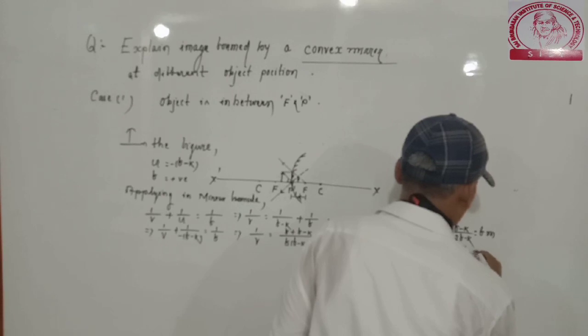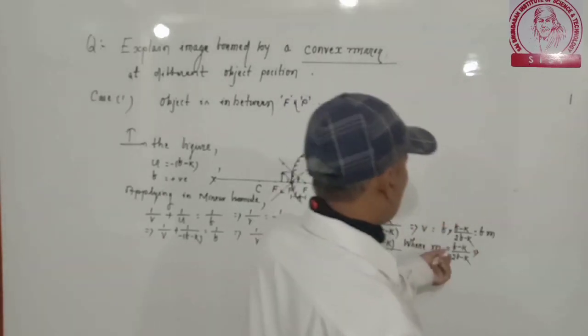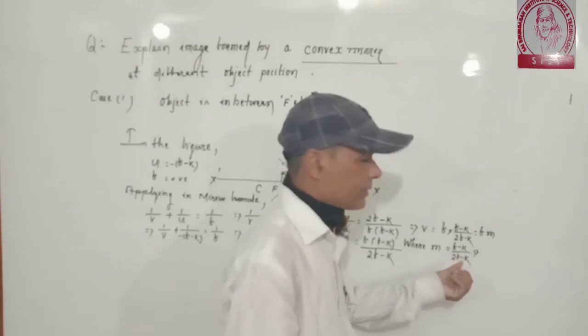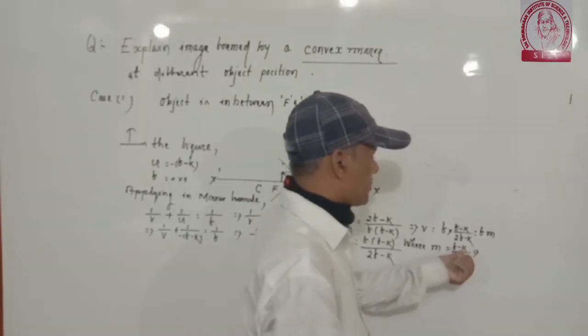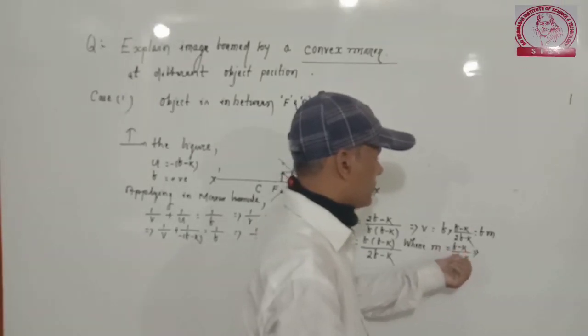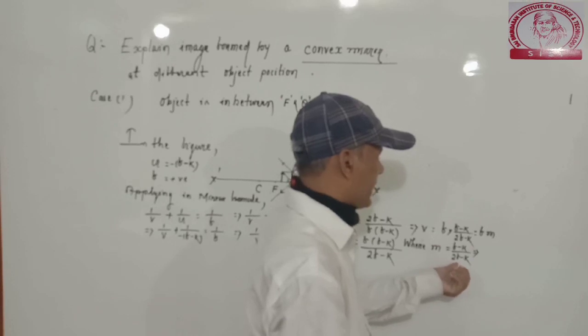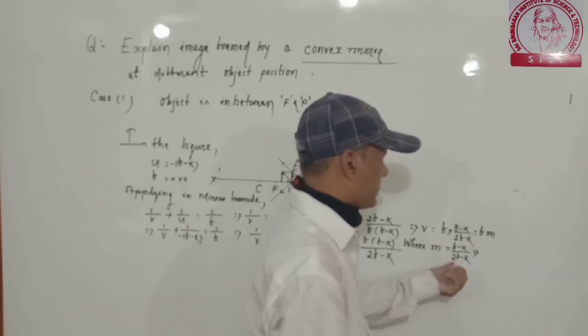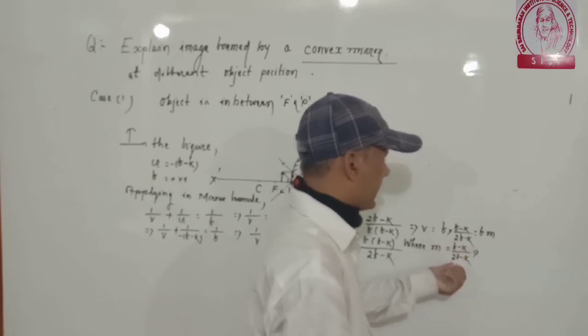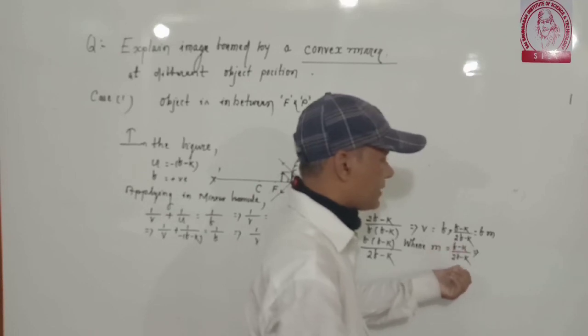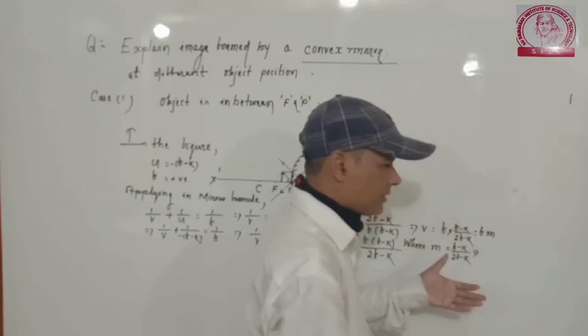Let's say the focal length is 10 centimeters and k is 2 centimeters, so now it is 10 minus 2, but here it is 20, 10 into 2, 20, 20 minus 2 means 18. So now 8 by 18, 8 by 18 is a fraction